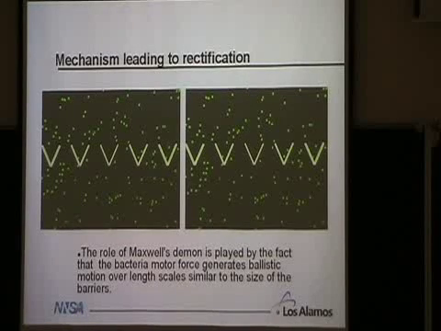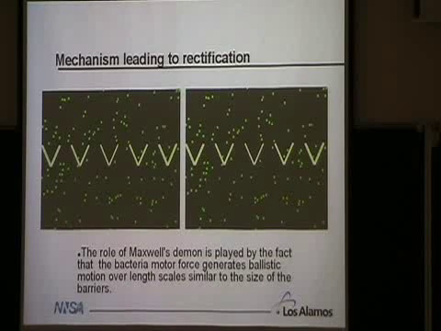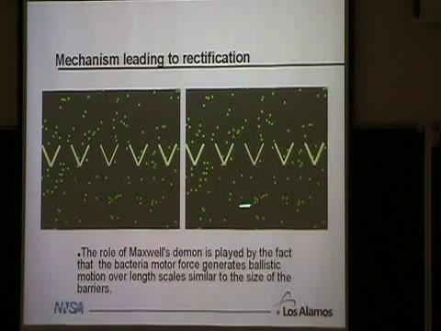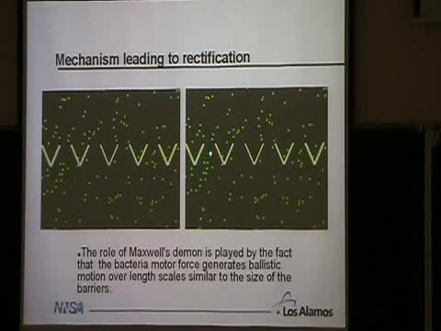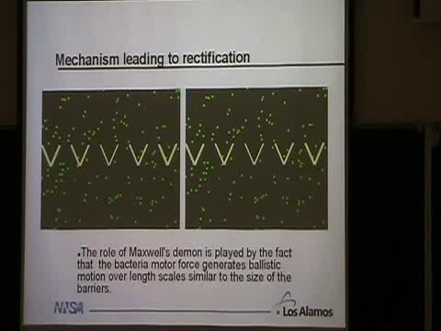So if too many of them try to go through, it'll slow them down. All we saw is that it reduced the ratchet, but we didn't take it far enough to potentially get a reversal. As I said, it's extremely difficult to predict whether there's a reversal or not, so there's no guarantee that this system shows one. But if it does show it for one parameter, it should show it for other parameters. So we could also change the spacing of these barriers and see. We did a little of that, we didn't see evidence of a reversal, so this might not have one.